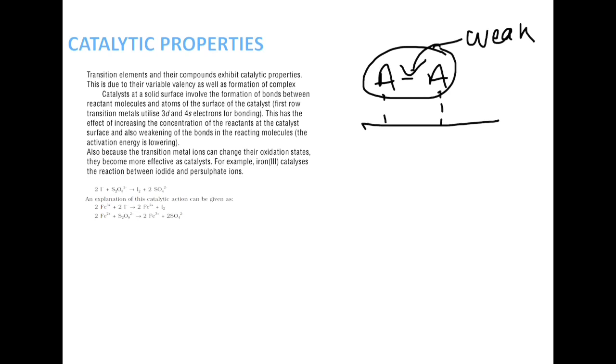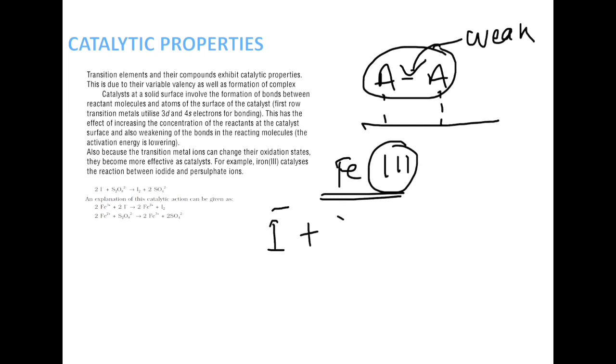As transition metals possess variable oxidation states, they are used as effective catalysts. For example, iron 3 plus can be used as a catalyst in the reaction between iodide and peroxodisulfate